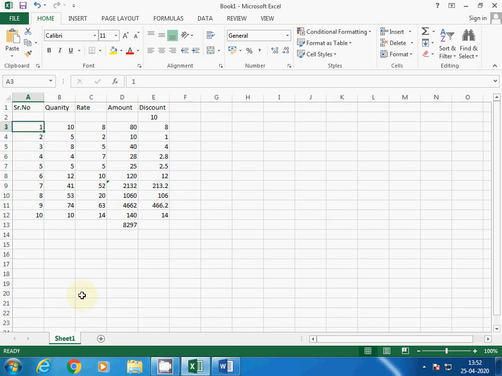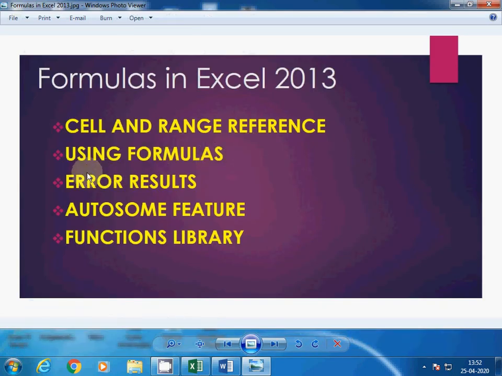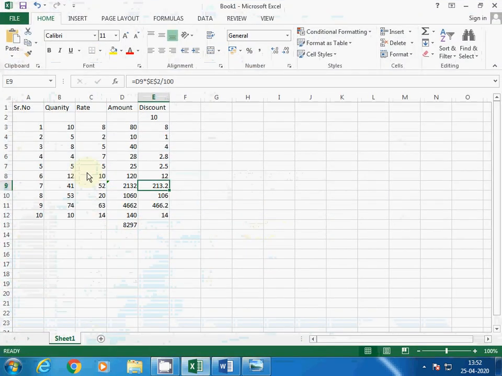Now let me take one example of absolute cell referencing. If here both values you want to fix, then you can use dollar sign at both. This is a perfect example of absolute referencing only. If here you are writing like this, it is called mixed referencing, and this is called an example of relative referencing. So whenever you want to copy the relative cells value, you can use relative referencing. When you want to use the fixed value, you can use absolute referencing. Okay. So these are the topics.